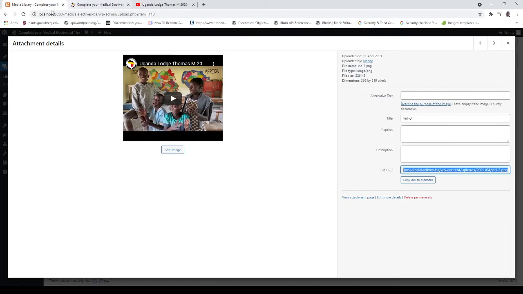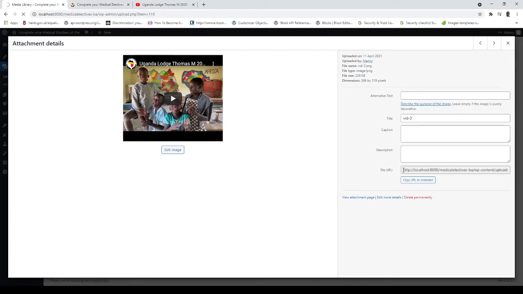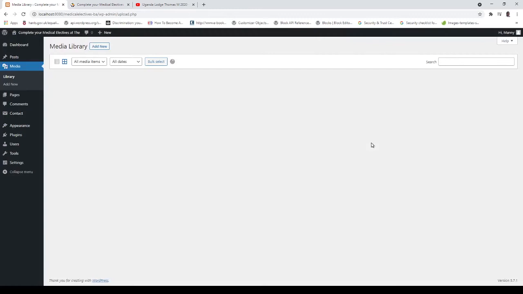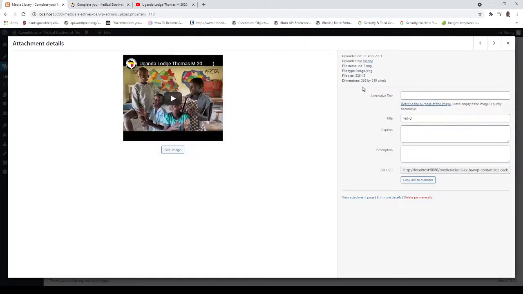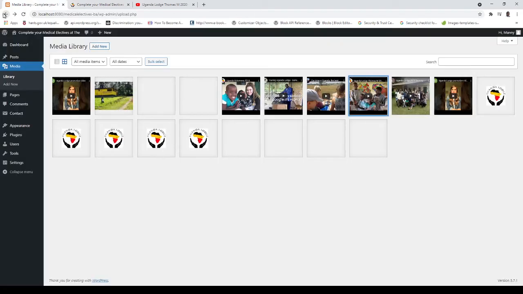So you go into media, go into library, and you've got all these pictures here. You find your picture, click on it, press Control A, then Control C. And then you go back here into Appearance,